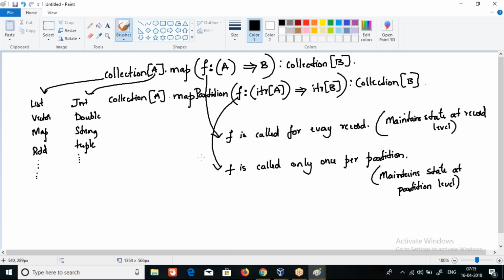So that's what we can say about the map higher order function. It maintains the state at the record level. Once the processing is done, it's gone. Here, since f is called only once per partition, it maintains the state at the partition level. So if I put it in diagrammatic fashion,